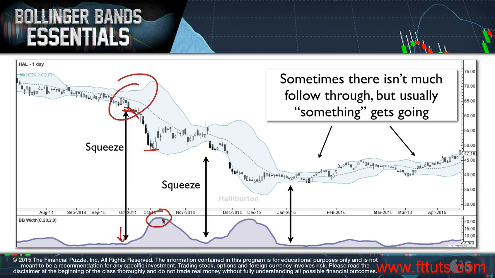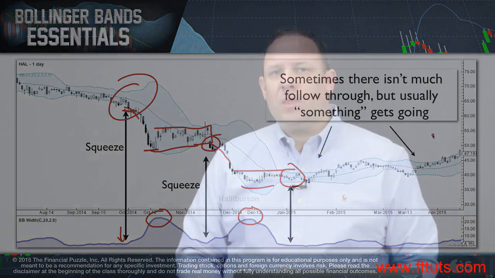And as the bandwidth said, okay, I'm done, and it starts to cycle back down, what happens? The stock moves sideways for about a month. Then what happens, the next thing, we got a squeeze, it starts to break bearish. As bandwidth gets really large, again, it starts to move sideways and the stock gets stuck. Then we get into another squeeze that actually stayed really relatively tight for quite some time. It moved on up eventually, but it did take a while to get there as we were forming a base here with Halliburton. But again, the idea is you recognize the squeeze, you see the bulge, you recognize the squeeze,